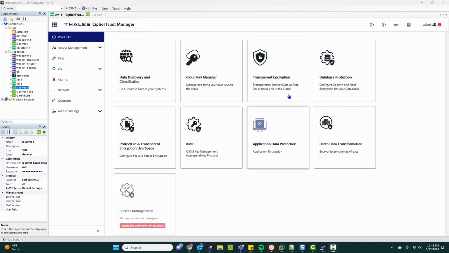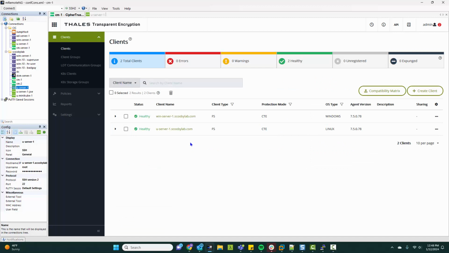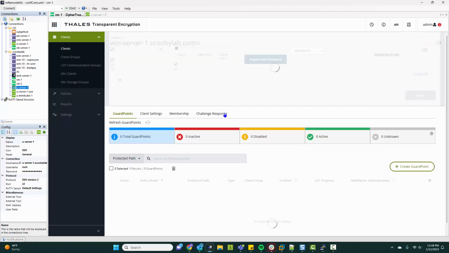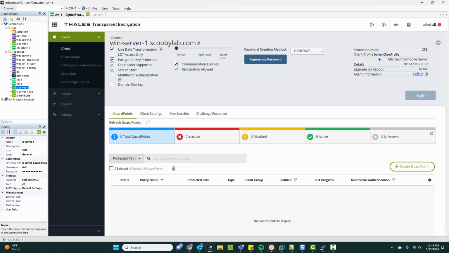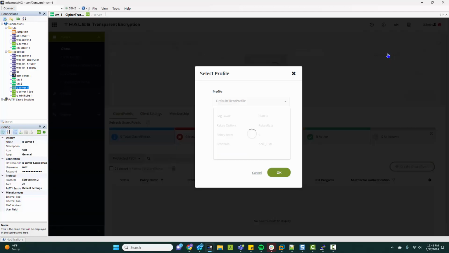In my transparent encryption environment, I have two registered clients, one for Linux and one for Windows. And if we look at those clients, we notice they're assigned a client profile. A client profile manages some configuration information for that client. Naturally, a client profile can be assigned to more than one CTE client. When you look at the client profile,